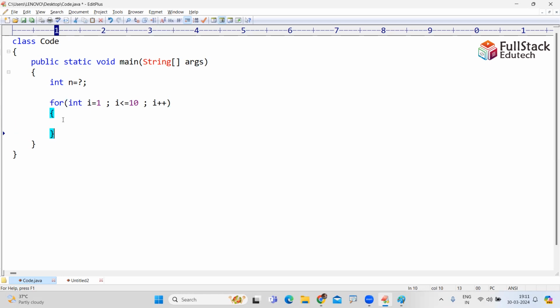Multiplication table means what? If n value is 7, 7 into 1 equals to 7, 7 into 2 is equals to 14, 7 into 3 is equals to 21 and so on, 7 into 10 is equals to 70. Like this you need to display. So we are printing that one